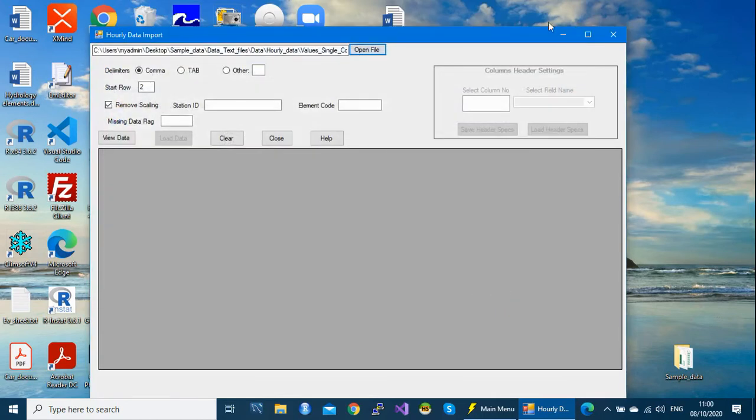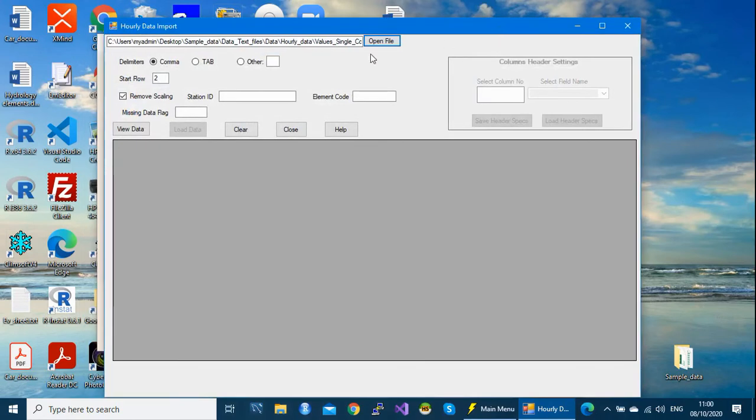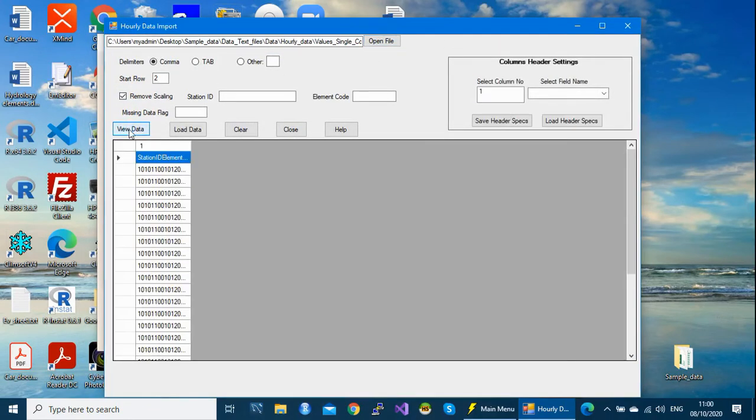And then to view the content of your file, you need to click on the view button. What happened here, you are not able to view this file completely. Why? Because the system shows that the delimiter is the comma.